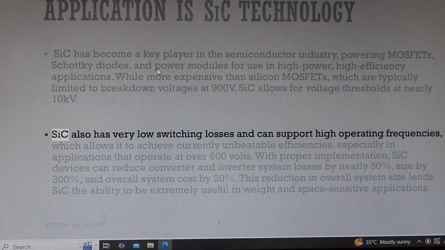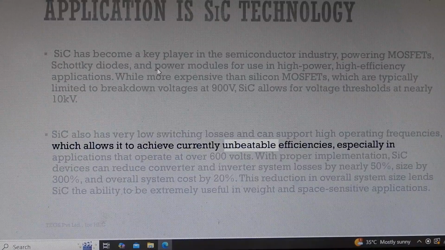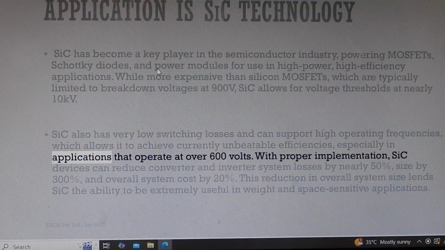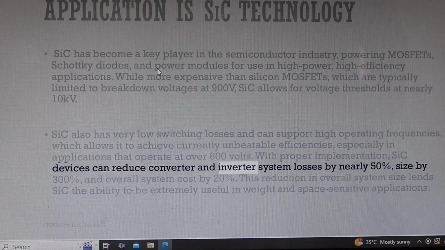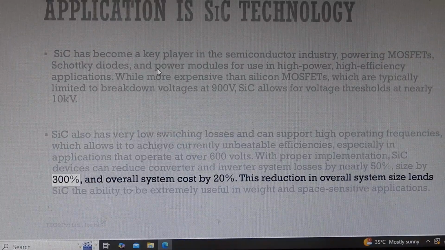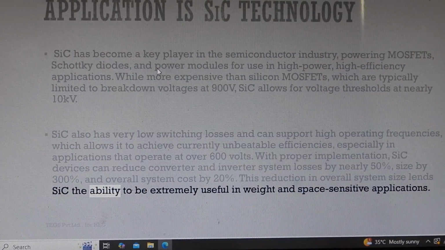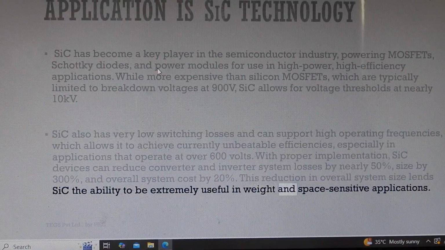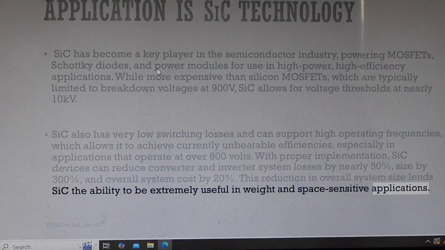SiC also has very low switching losses and can support high operating frequencies, which allows it to achieve currently unbeatable efficiencies, especially in applications that operate at over 600 volts. With proper implementation, SiC devices can reduce converter and inverter system losses by nearly 50%, size by 300%, and overall system cost by 20%. This reduction in overall system size lends SiC the ability to be extremely useful in weight and space-sensitive applications. Gallium